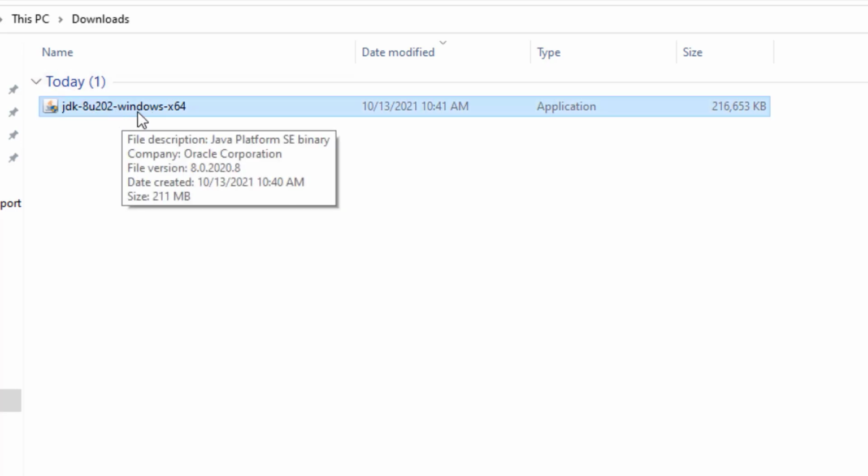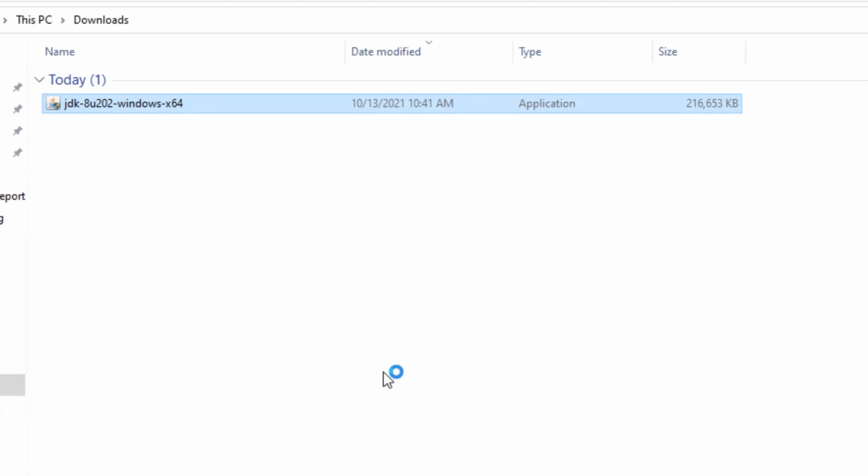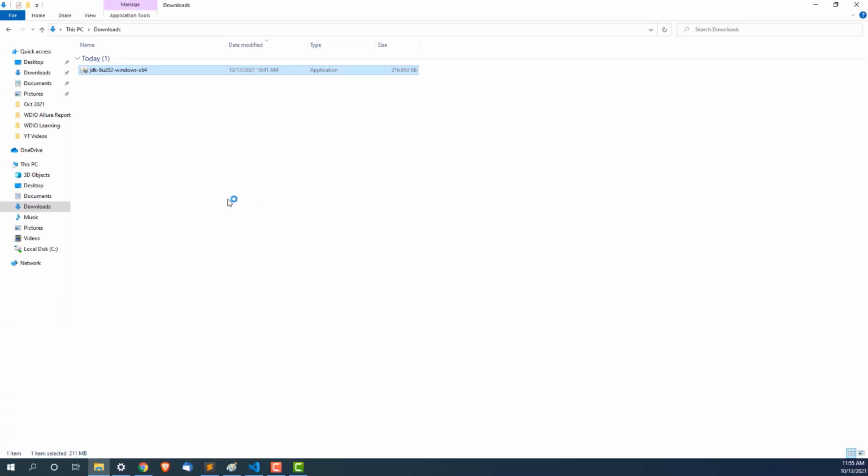Now in order to install, you just need to double click on it, and it will follow just like any other normal software that we install on Windows. So let's wait. It will install in your system. Then we have to do some basic configuration. When I say configuration, we need to basically set the path.